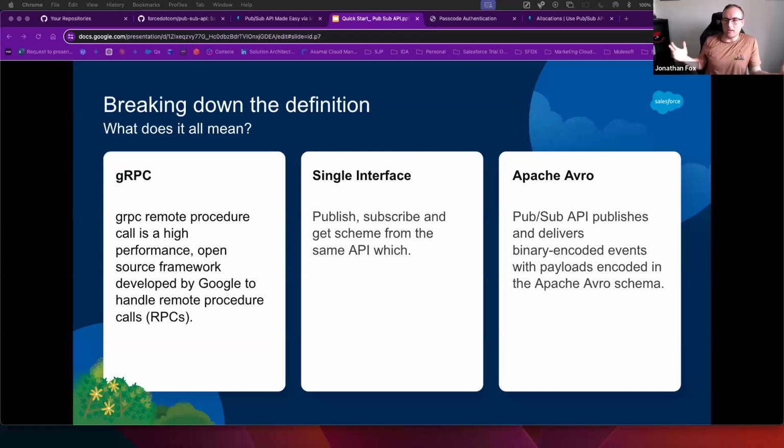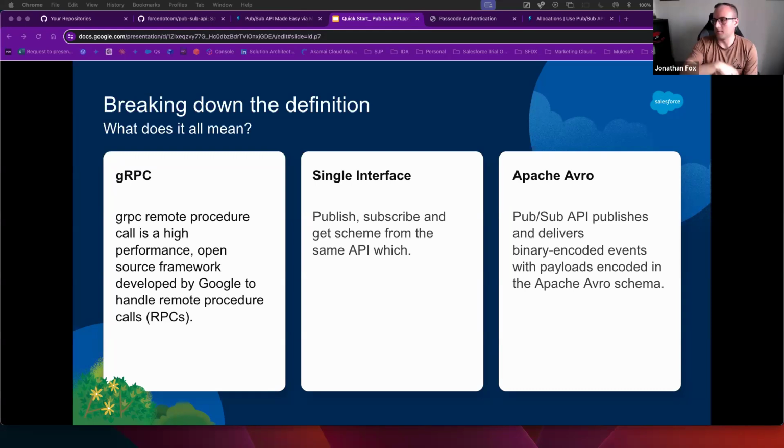Straight away, for a developer in your organization, for maintenance, for updates, for reusability, the fact that you're using one interface for everything makes it so much easier for your organization to maintain this application, debug it, and get it to market. So the fact it uses a single interface is a godsend, not just for developers, but for your organization as a whole.